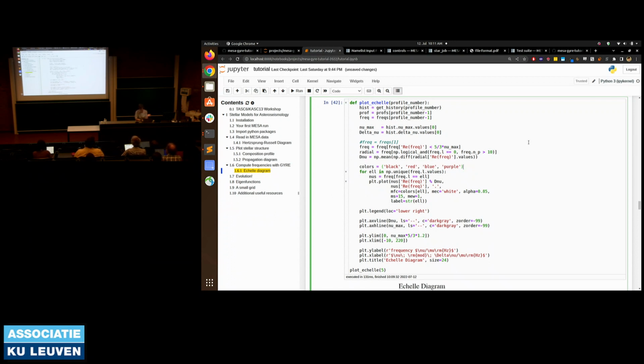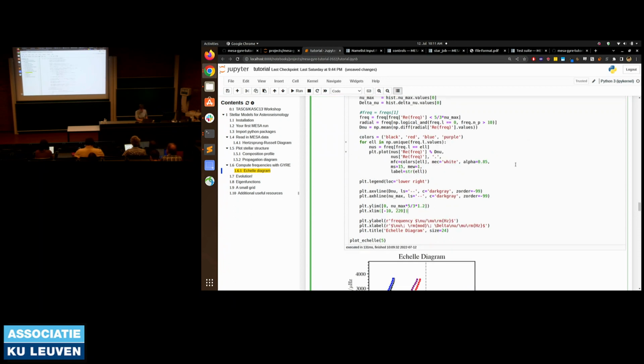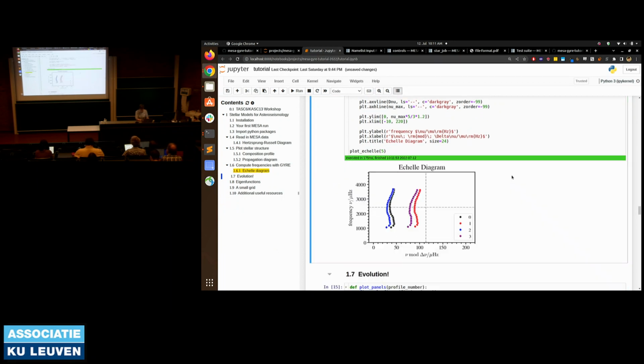Okay, and here we're just looping over the different spherical degrees, grabbing the spherical degree from the frequency file, putting this into a new data frame called news, for frequencies. We'll plot the frequency modulo delta nu against the frequency itself, color it with these colors I specified above, and label it. Add a legend. We'll add a line for delta nu. We'll add a line for numax. And we'll set the limits to be a little bit above the acoustic cutoff frequency, and just a wide enough window so we can see all the modes. And that gives us this shell diagram